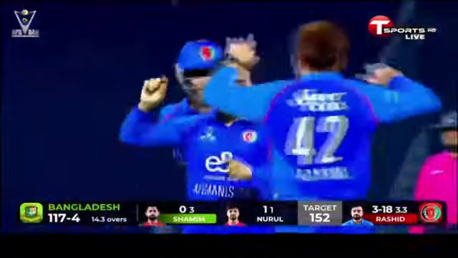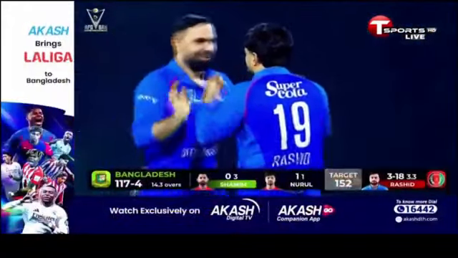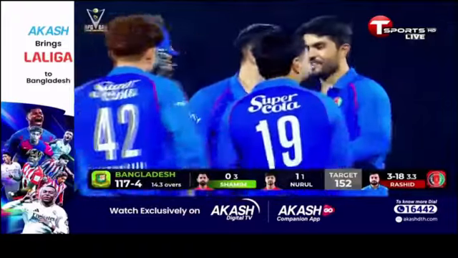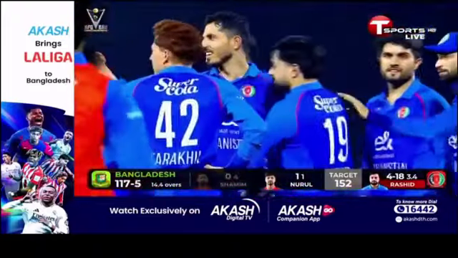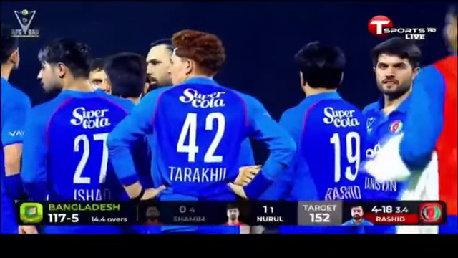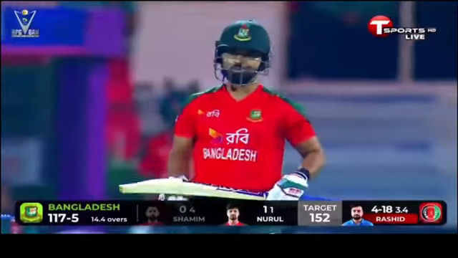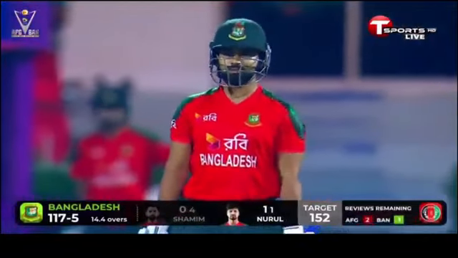Oh, how close is this? Yes! It's another! There's no reviews left, I don't think, either. Well, certainly the Bangladeshi batter has turned in that direction to walk off. Now he has a think. They've retained a review because it was umpire's call, I think. And he is going to go upstairs, but again the decision on field was given. Rashid Khan working his magic again.